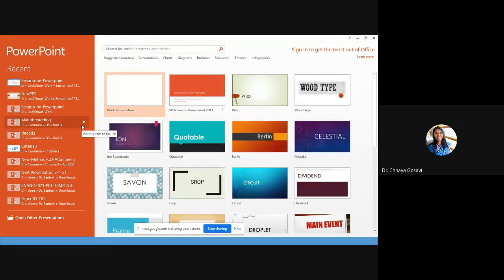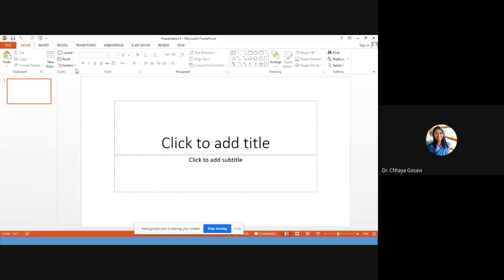Here you can create from scratch. You can start with a blank presentation, or you can open your existing PPT. If you want to start with a blank, there are several themes given, so you can choose any one. If you go with blank, this is the blank presentation, and what you can see is one slide is already added with no theme or anything. Here they have given you click for the title.